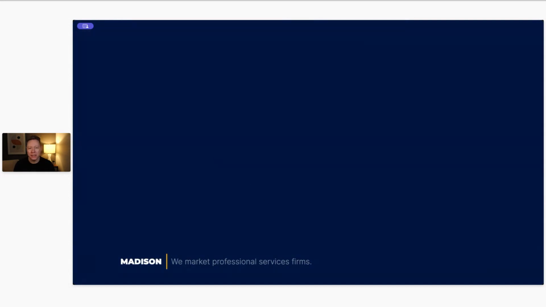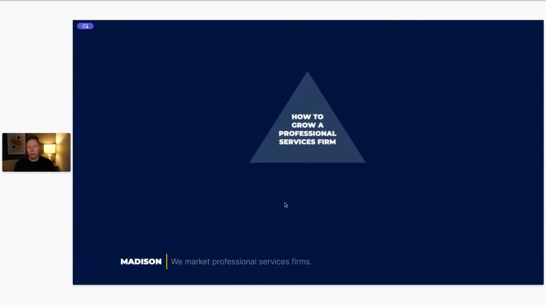Just to walk you through how I see the world of professional services, and specifically I'm talking about boutique professional service firms here, but I do think there are a lot of parallels with larger firms as well. If our goal is to grow a professional services firm, I think there are three main problems that I've identified. One is lack of awareness of the organization, of what it is that we do. Another is weak pipeline, so not enough leads or not enough people that we're writing proposals for, working that pipeline. And then on the back end, subpar delivery, which has impacts in terms of the number of referrals you generate, upsells, lengthening client engagements, all of that kind of thing.